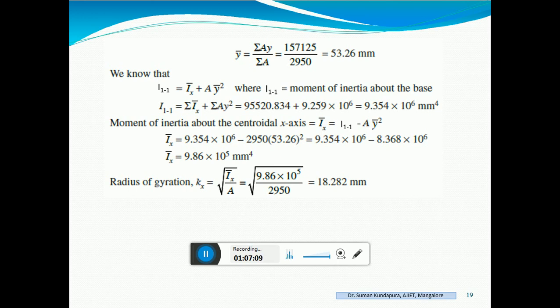So these are the different types of problems which can appear in the moment of inertia and the centroid concepts. Please go through once more the videos of centroid and the moment of inertia and get a complete picture of how to calculate the moment of inertia about any given axis, and how to find out the radius of gyration about any given axis. So have a clear picture of everything and practice the problems.